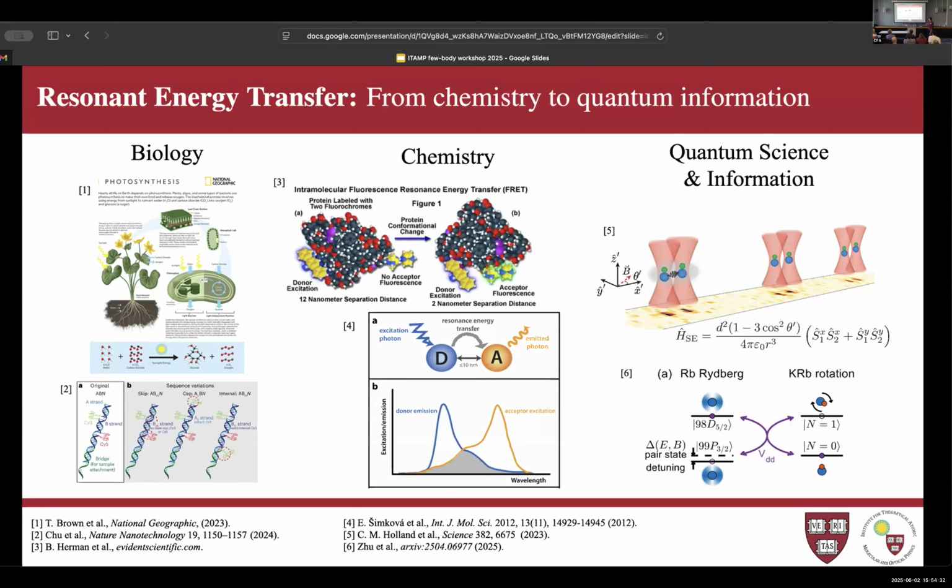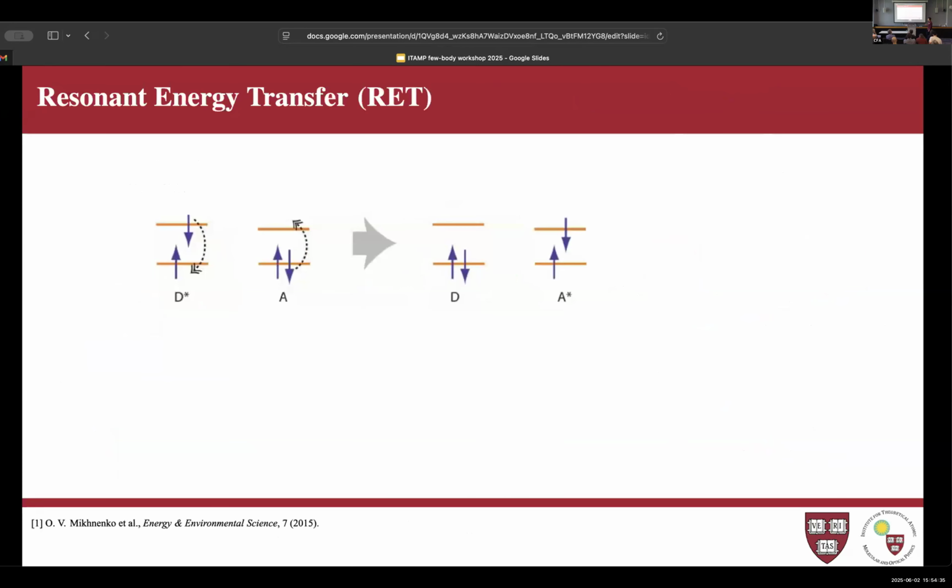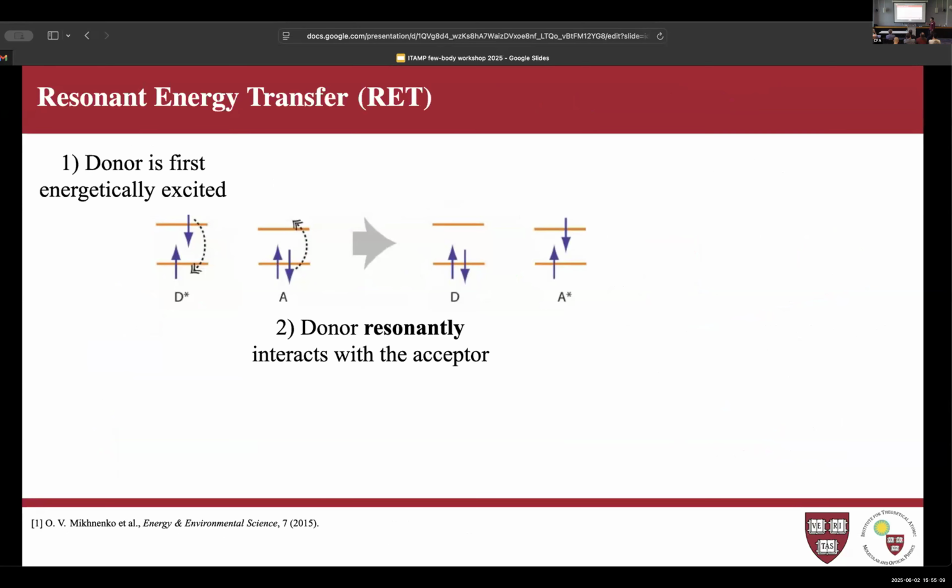Very exciting stuff. And just to give a broad overview of the mechanism I'll be talking about today: it's about a transfer of an excitation from one particle to another. We're looking at the excitation of a donor, denoted D over here. The donor is first energetically excited to an excited state. Then, because of their resonant interaction, these two simple two-level particles have the same energy splitting, and they interact. The donor then resonantly interacts with the acceptor, and the acceptor can take on the excitation,